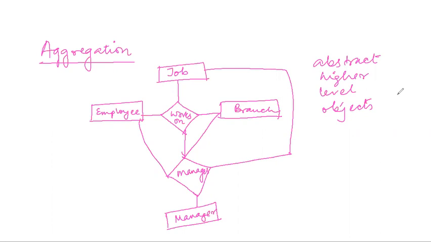So what we can do is, instead of doing like this, we can do one thing. We can create a separate entity which contains all these three entities, and we can associate that entity with the manager entity. How? Like this. Suppose this is job, this is branch, this is employee, this is works on. So these three are separate entities, and